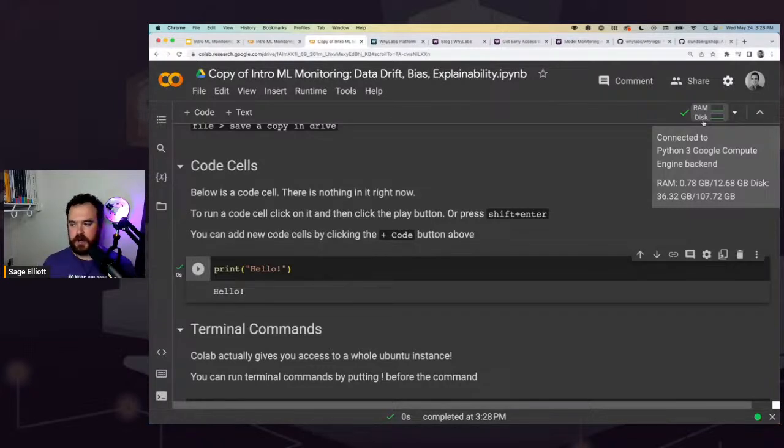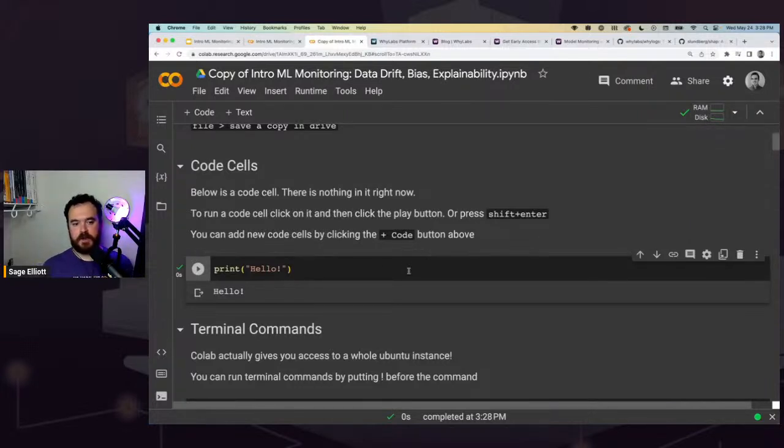So we're only going to have to install one or two libraries to go through this whole notebook. So it's going to be really easy, hopefully, for everyone to run all the code here and train a model. And then we're going to simulate, like I mentioned, putting a model in production and seeing what it looks like over a week's time. Here, if you got this green check mark and this returned hello, you're good to go.